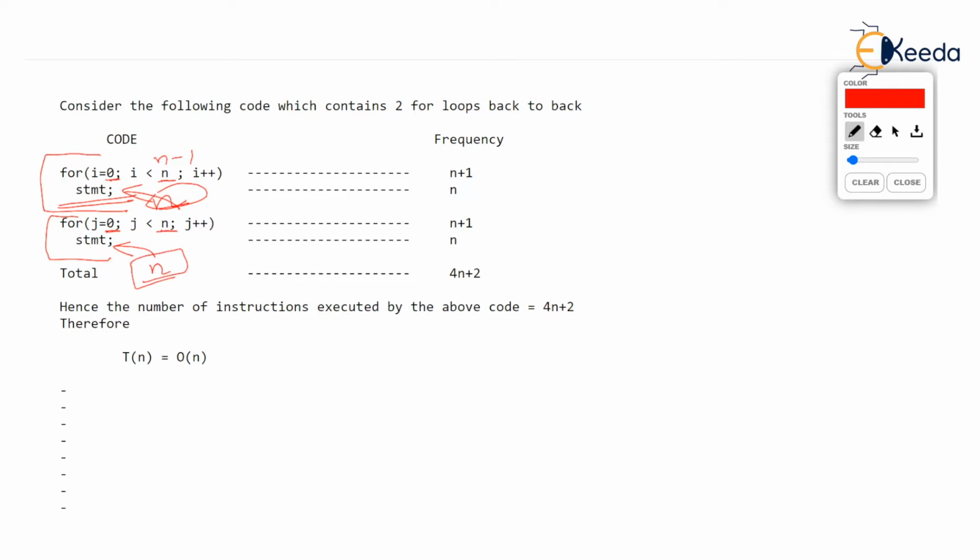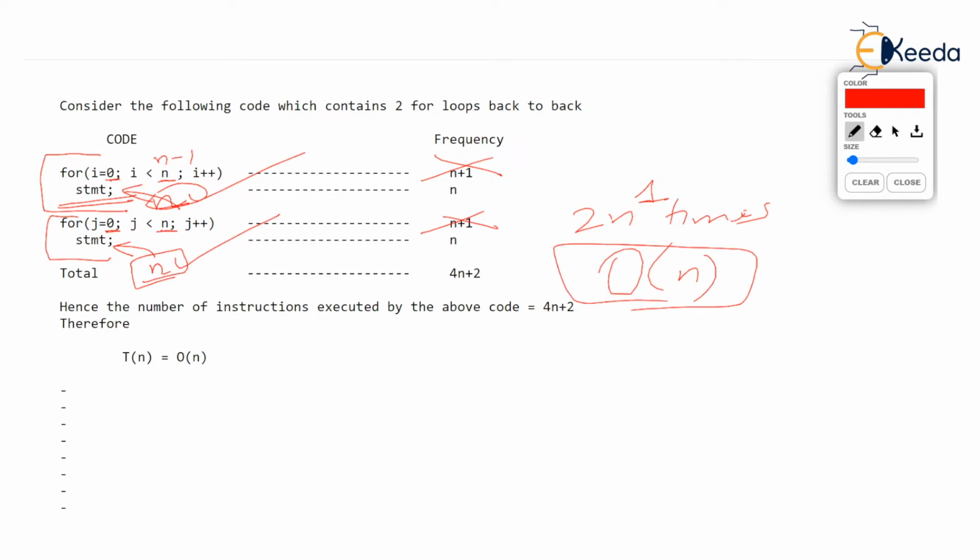So if we don't bother about how many times the for is checked, because after all the for is repeating the statement, and you just count how many times the statement runs, n times and again n times, the statement runs 2n times. Ultimately, this is also a polynomial of degree 1. So we can approach the answer this way.